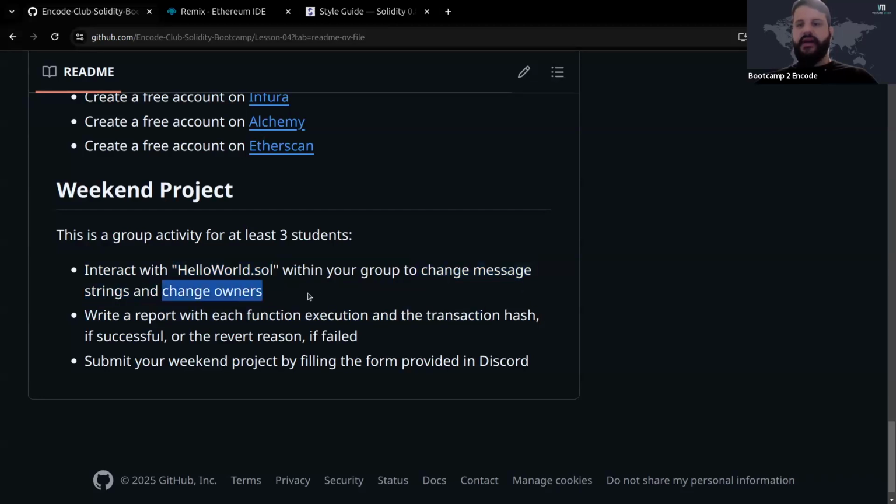And you are going to interact with it within your group to change the message strings and to change the owners. And then you're going to see what kind of errors happen when you are the owner, when you are not. You're going to change this string in the contract, and everyone else should be able to see by clicking on the interact button, on the hello world button, and now you're going to write a report,